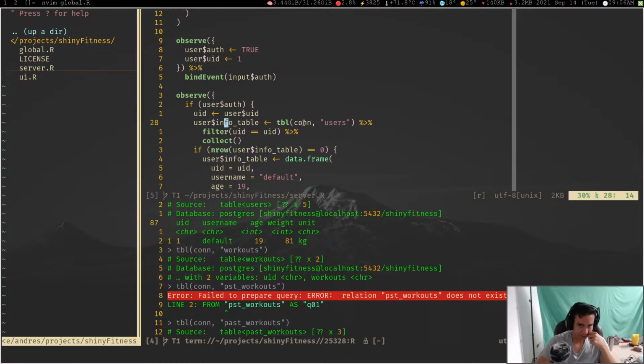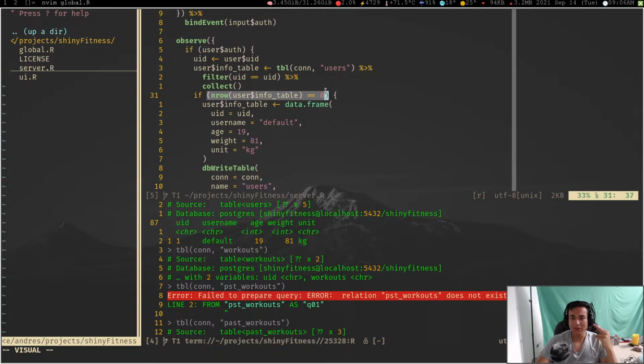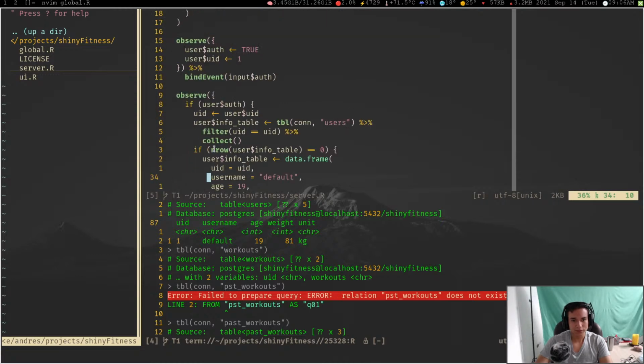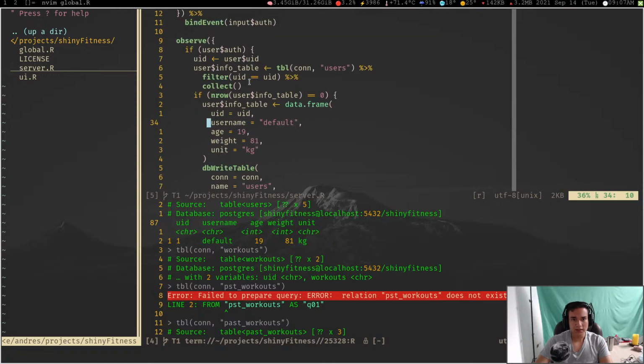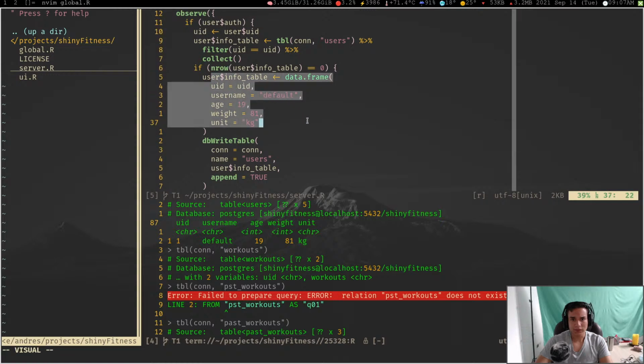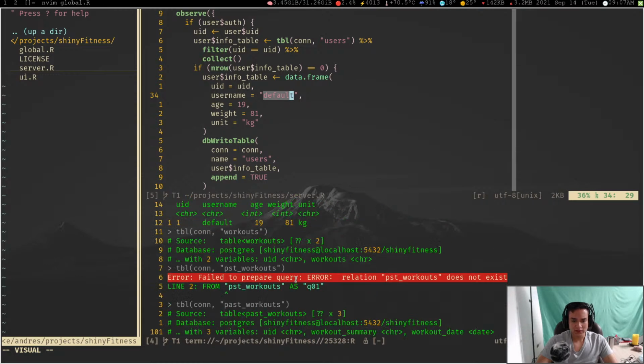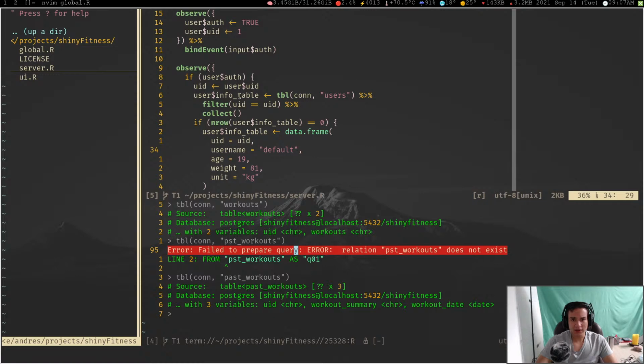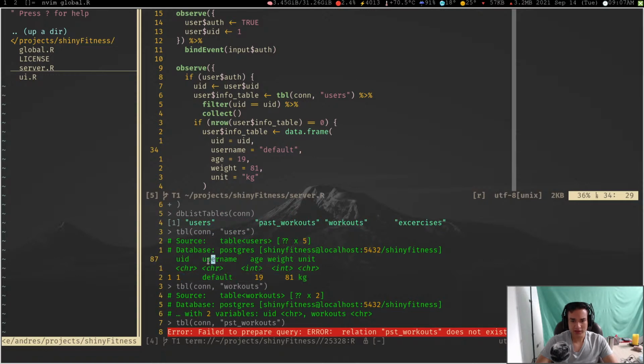I create a table. I look up that user. If the user does not exist, I add the information to the table, right? I append it. And that's it. I got my information about my user. So for now, username is default. I think this is all good. And we tested out that it worked, and this is the information that I have right here, right? UID, username, age,